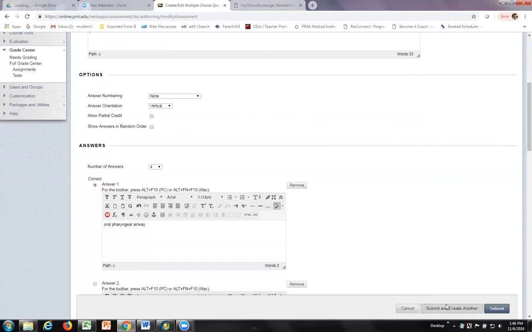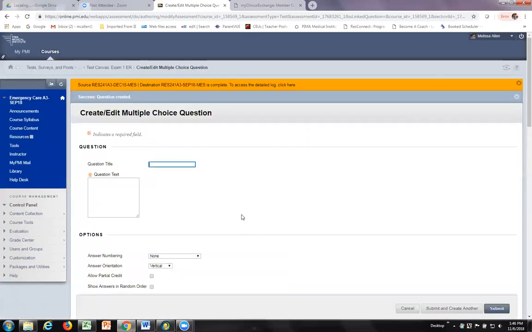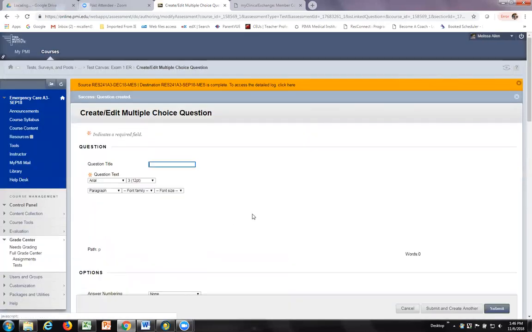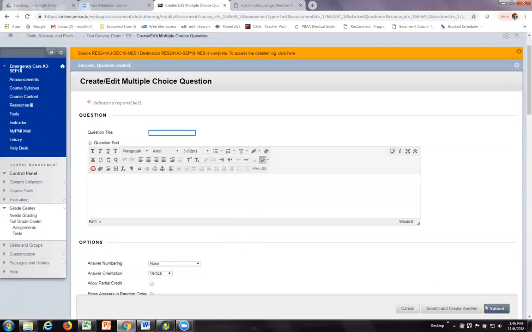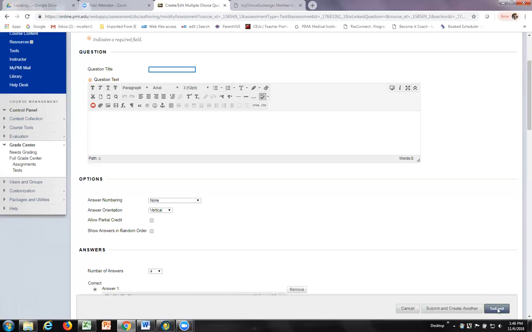What submit and create another is going to do is allow me to create another multiple choice. I'll already be in the multiple choice template. If I were going to switch to a true false question, I would just press submit and then choose a different type of question. All right, so I hope that's making sense to everybody. So once you're all done, you press submit, and I can edit this later,